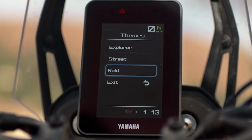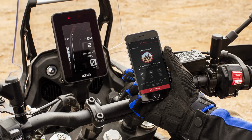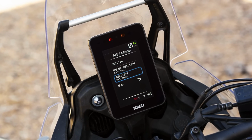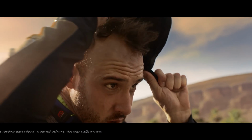It also comes with 3 different screen layouts: a Street one, which shows the standard bike info in an easy to read configuration and also has an RPM readout; an Explorer layout, which has a more modern look; and a Raid screen, which shows 2 different trip meters for when you're inevitably gonna rally raid and navigate using a road